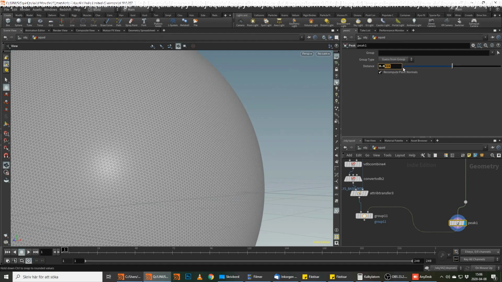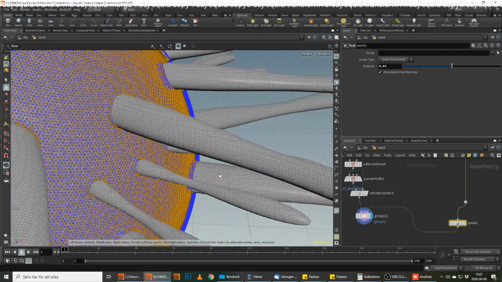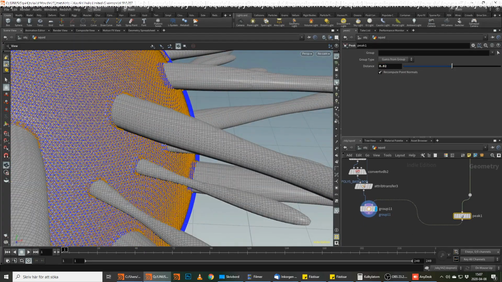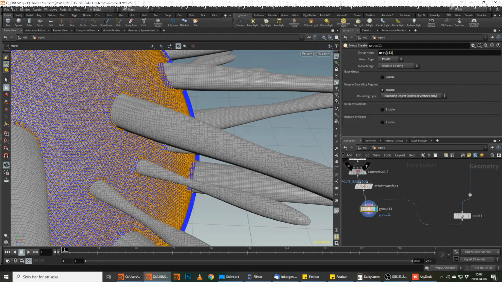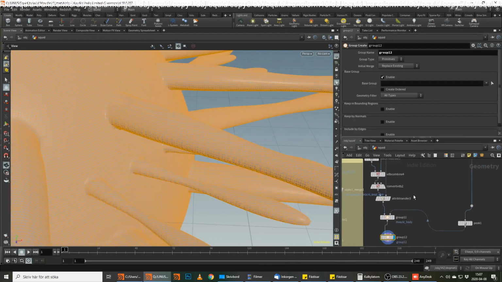Okay. Let's see how that looks. Yeah, that's fine. Good. So this group is called body, muscle body. Body. And then we do a new group. And here we could just use,